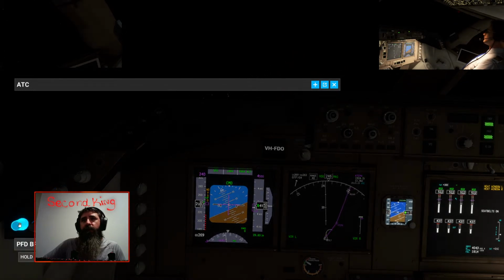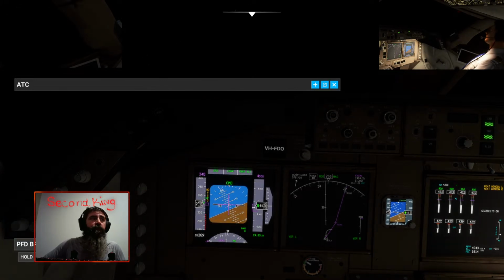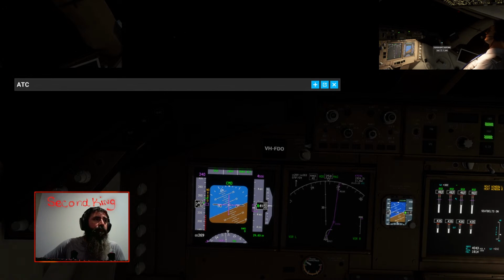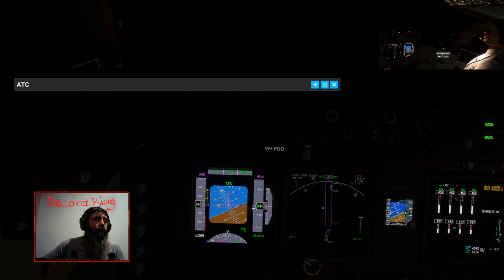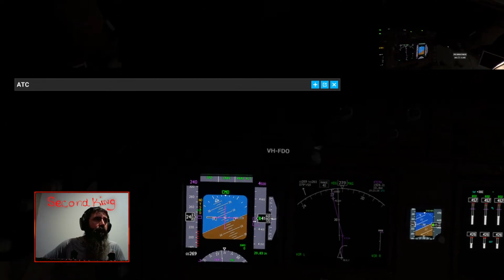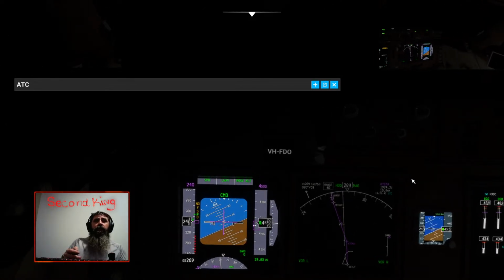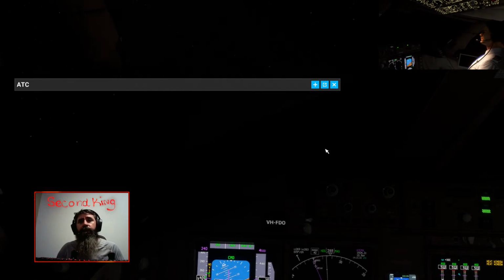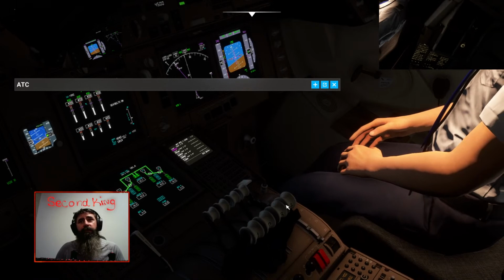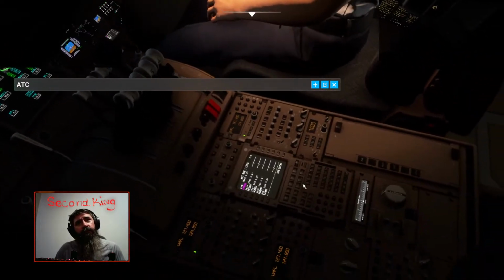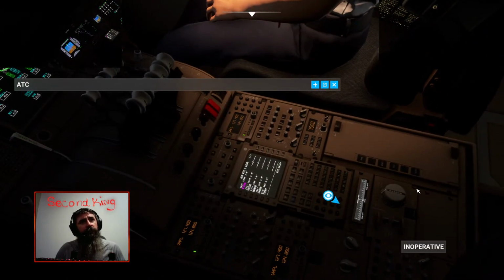That was very loud. Can we change the brightness on this? Yes. The instrument. I don't know.